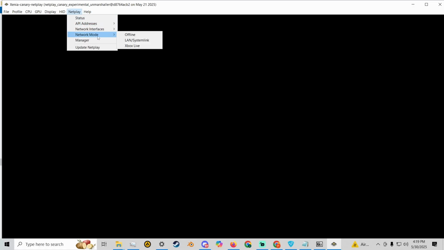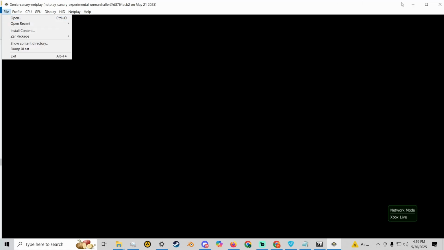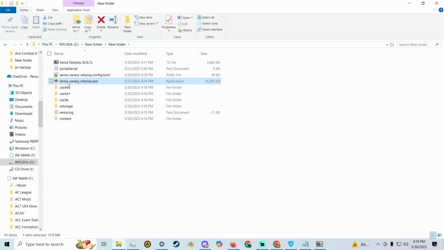And then we're gonna go down and do the Xbox Live one. So just to let it connect to Radmin, all that kind of good thing. It's normal for it to be like this. Just let it run its course like that, and then Xbox Live, and then now we're gonna close it, reopen it,